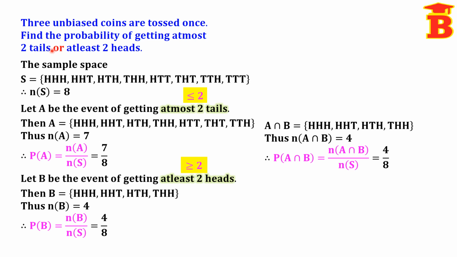Now see the question. If we have "or", then we have to use the A union B formula. So here we are using the P of A union B formula, that is equal to P of A plus P of B minus P of A intersection B. And we know all the values, take and write the values. P of A is 7 by 8 plus P of B is 4 by 8 minus P of A intersection B is 4 by 8. Here we can cancel 4 by 8 minus 4 by 8. So the final answer is